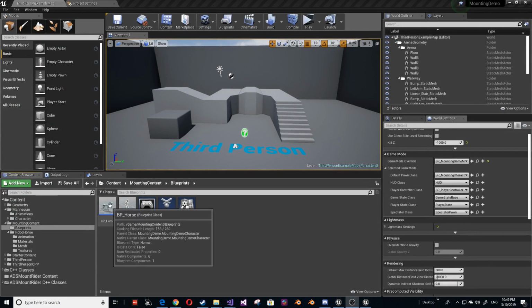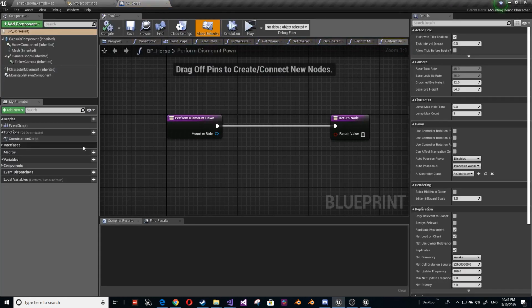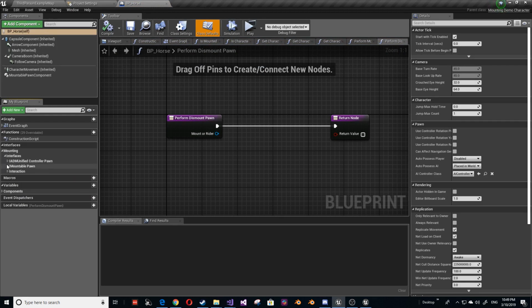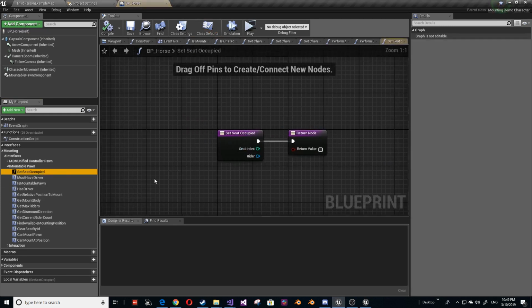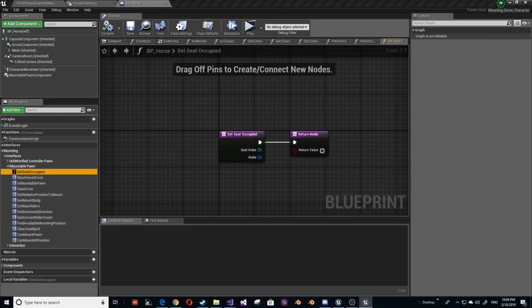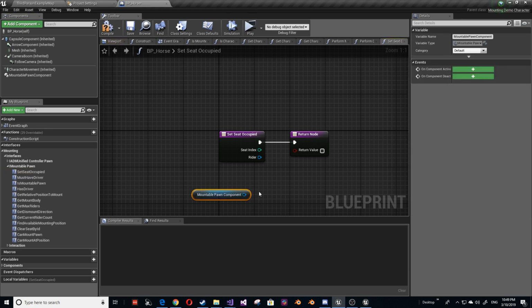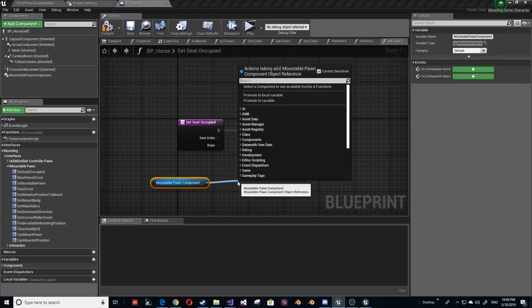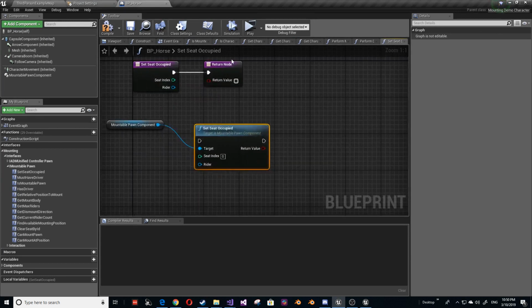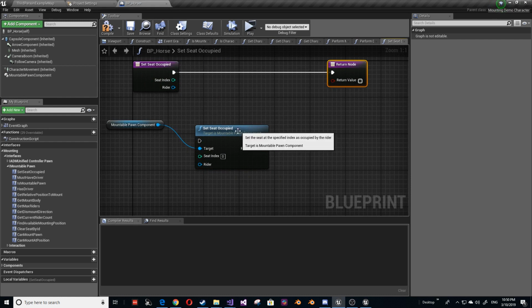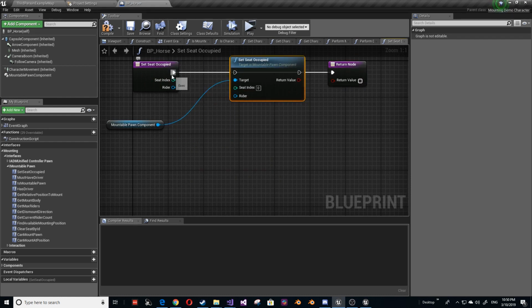Okay, we're going to set up the mountable pawn now and open up the blueprint horse. Under interfaces, mounting, interfaces, mountable pawn, we're going to select set seat occupied. The first function we're going to implement. This is basically setting the seat on the horse as being occupied by a player. We're going to grab the component and we're going to get the function set seat occupied. Move that on over, push that in there, connect the strings,